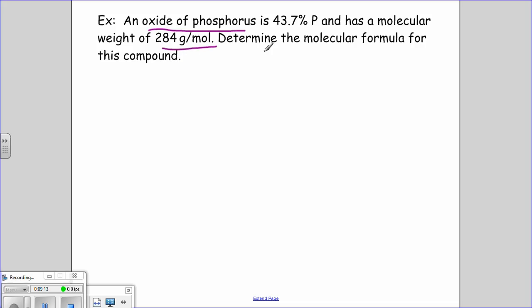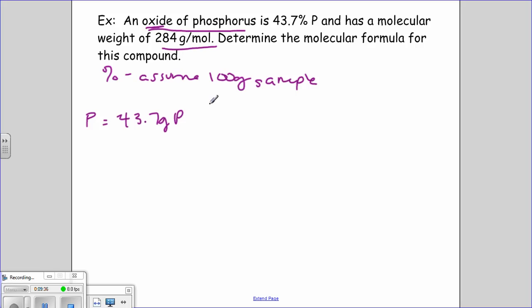Determine the molecular formula of this compound. All right, so this is really slim information here. We do know that when we have a percent, we're going to assume a 100-gram sample, and we know that the other bit here is oxide, which is oxygen. So we know that of phosphorus, we have